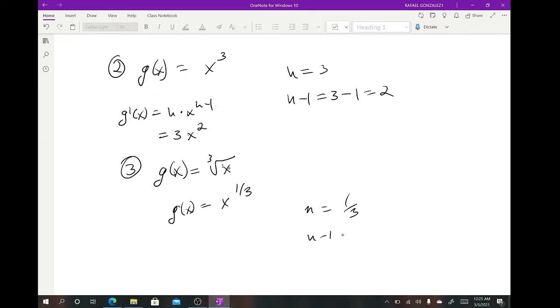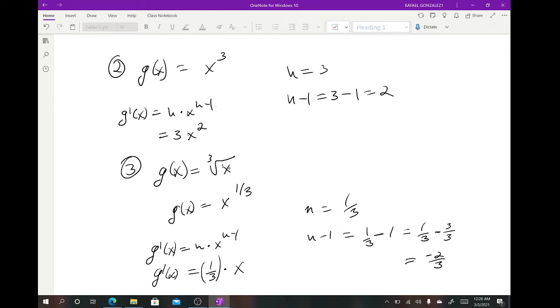So n minus 1 is going to be equal to 1/3 minus 1. But remember, to combine fractions, we must make the denominators the same. That's the same thing as 3 over 3. So it's going to be 1/3 minus 3 over 3. That's going to be negative 2 over 3. Okay? So that means that the derivative, g prime of x, again, by the power rule, is n times x to the n minus 1. Well, n is 1/3, so g prime of x is 1/3 times x to the power